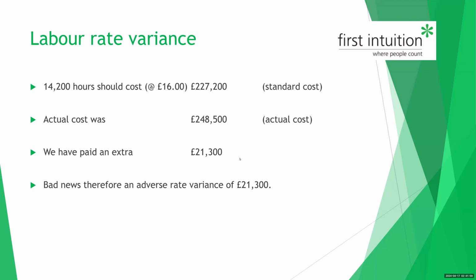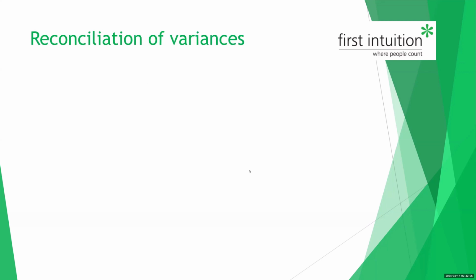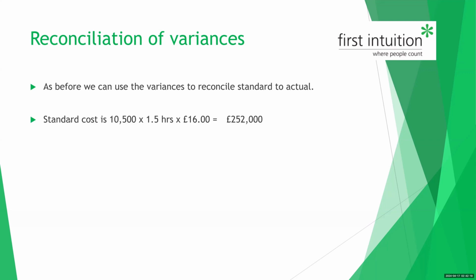This is bad news, paying more, an adverse rate variance. But once again, what we're able to do is reconcile what the standard cost should have been for that amount of product against what we spent, just to check that we've made no errors in our workings. Standard cost for that many units, we expect to spend